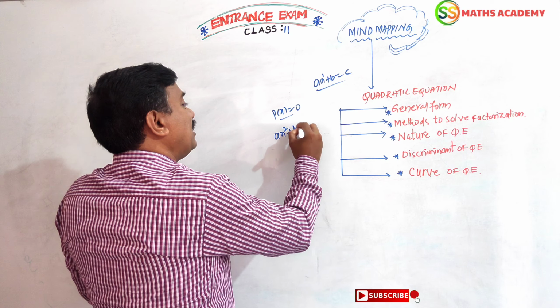Actually, now we are calling it a quadratic equation, but before that it is a quadratic polynomial. When a quadratic polynomial having degree 2 is equated to zero, then it is called a quadratic equation. This is called the general form of a quadratic equation. Here the conditions must be: a, b, c belong to real numbers, and a is always not equal to 0. This is a very important condition for a quadratic equation, dear friends. This is also completed. Okay?